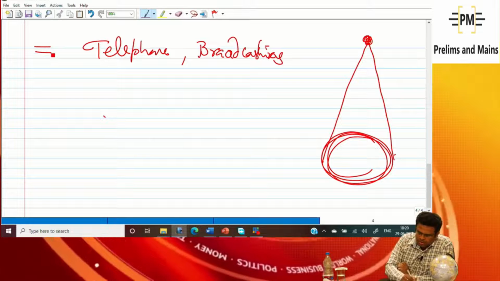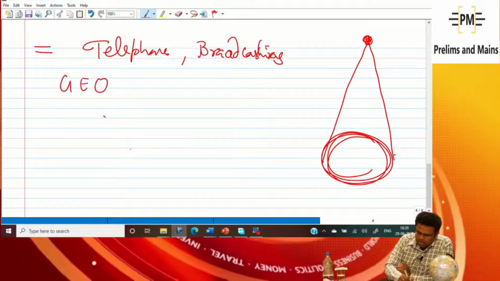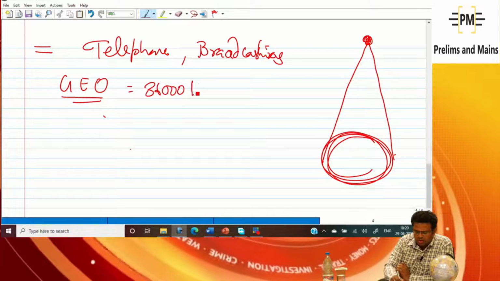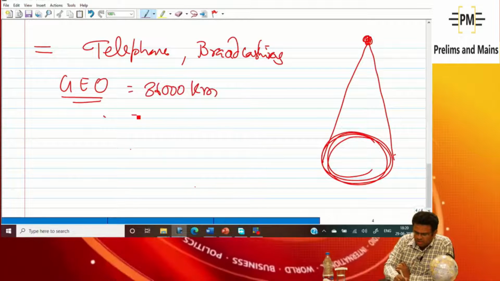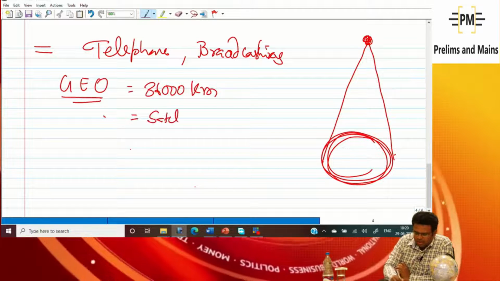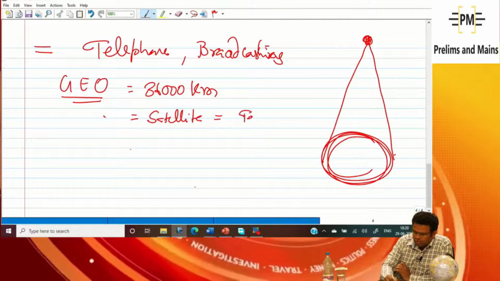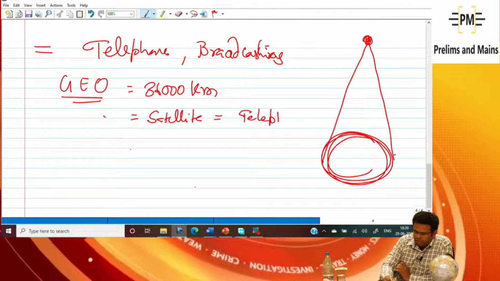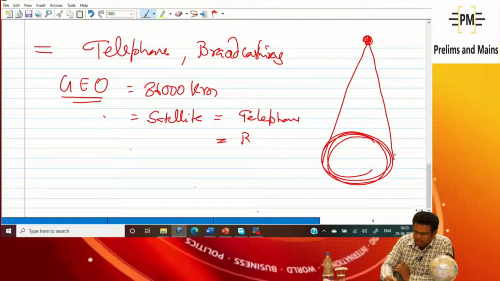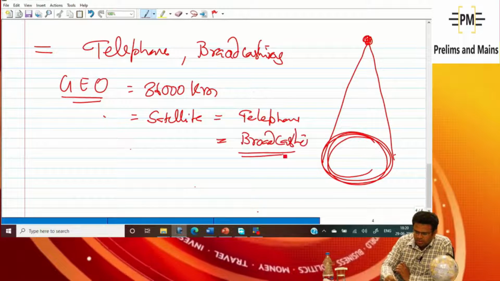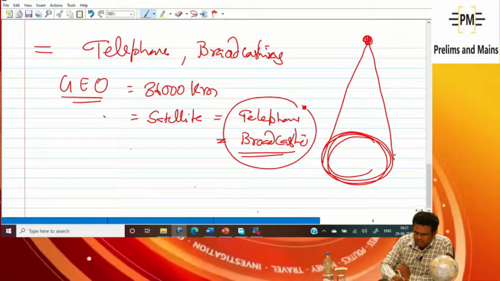So, in the geosynchronous earth orbit, or better to say at the height of 36,000 kilometer, our satellite should be for telephone, broadcasting, etc. So that area coverage is